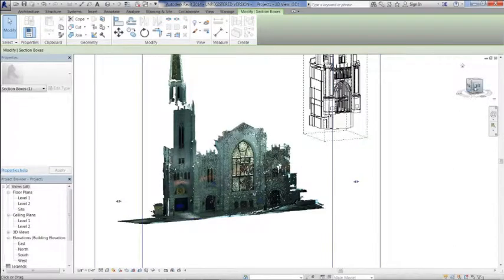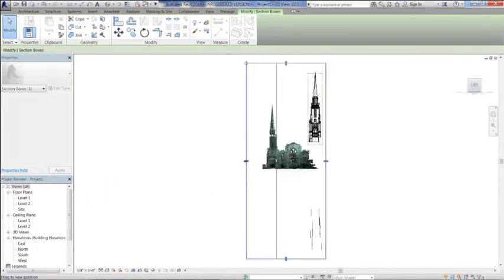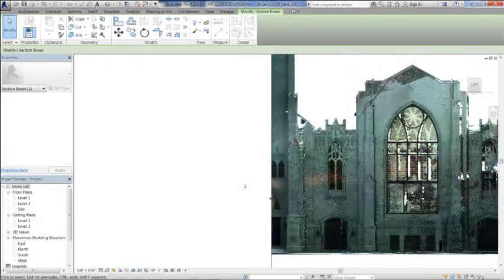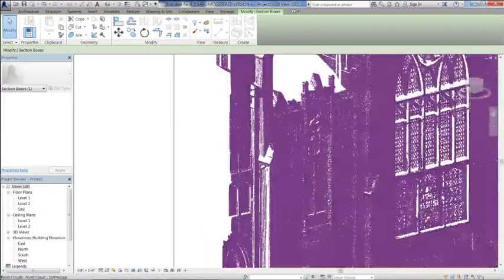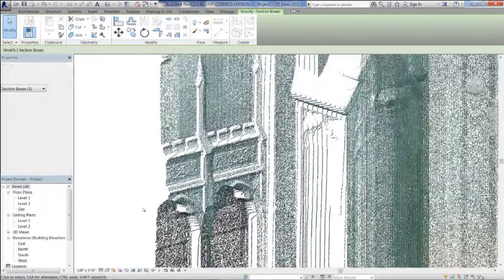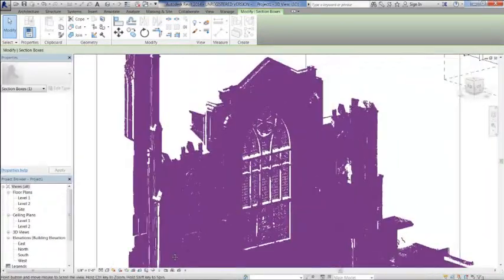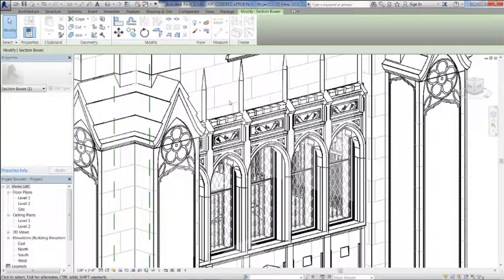Let's see if I can get this to work. Just like Yvonne was saying, you come through here and you cut your section, and you can kind of start to see the actual shape of that profile. And you can come in here and this is where you kind of have to start eyeballing it, but you can get your profiles, and those profiles were eventually used to create, as close as they could, replicas of it in